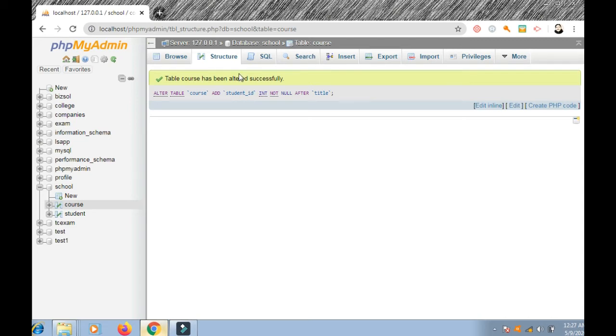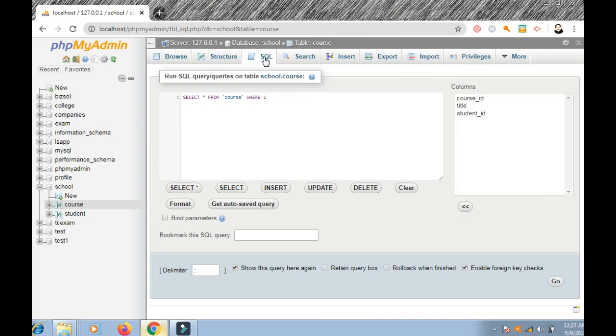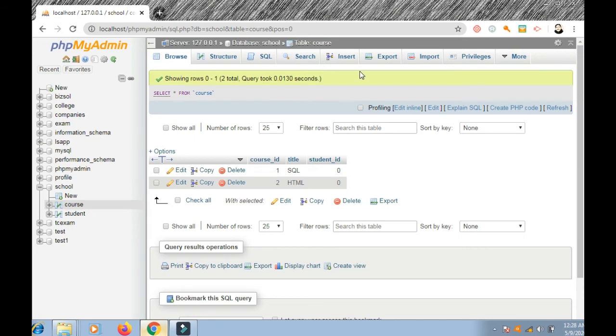Now the column name has been inserted. I'll go to SQL and I add 2 rows. This time I will use this browse button. I will use this insert. Okay.